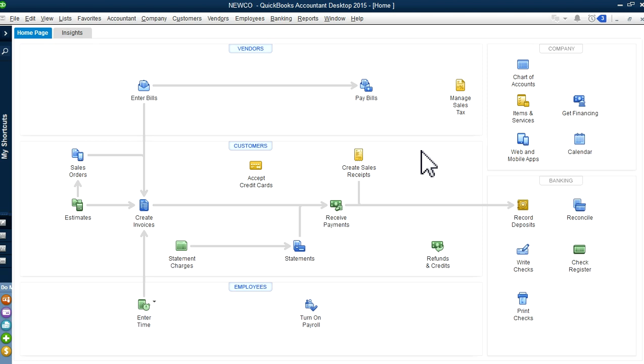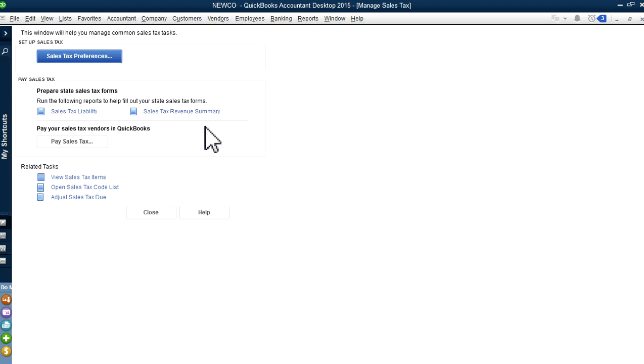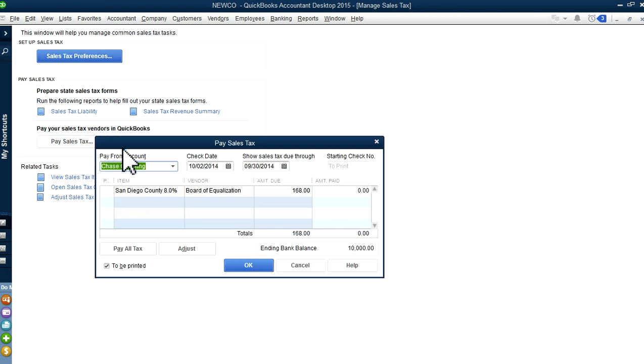And even if you do online payment or wire transfer or EFT, you always have to come back in here and either follow this one, or in here under vendors you will see under sales tax, pay sales tax right here. Or you can just click it here and pay sales tax right here. So this is the one you want to use. All right, and now